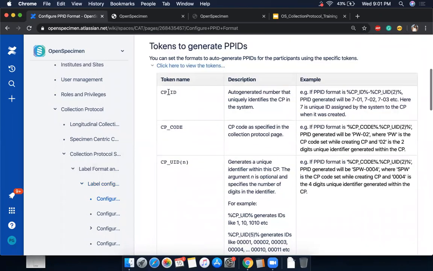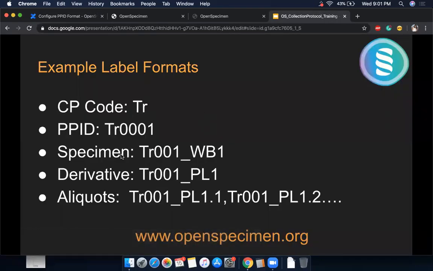Each of these tokens will convert into information when you actually generate the patient IDs. At first look it might seem scary or difficult, but there are a lot of examples in your user manual. You can use combinations of them and see how it works. We recommend you try all these on your test server, understand how the labels work, and then set it up on your production. But before you do all that, you need to discuss with your team and come up with such formats.